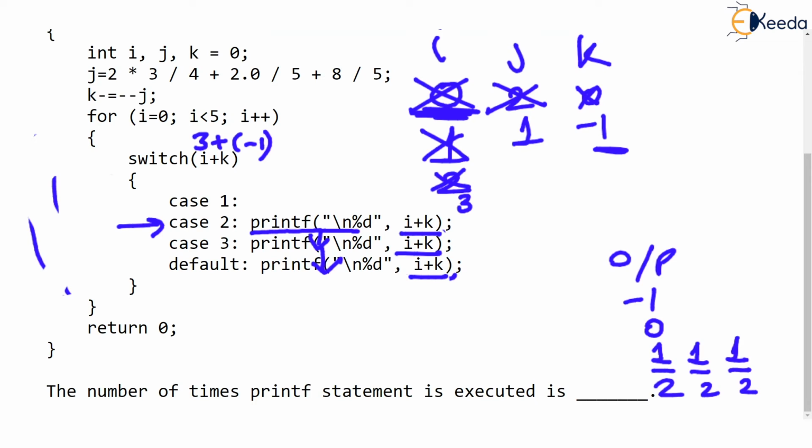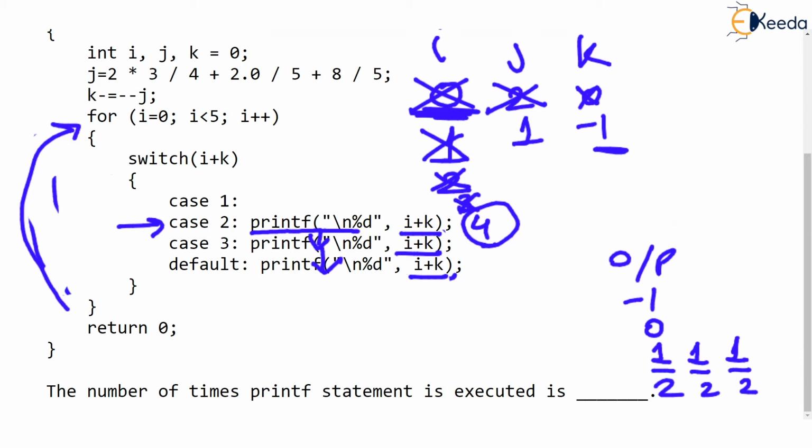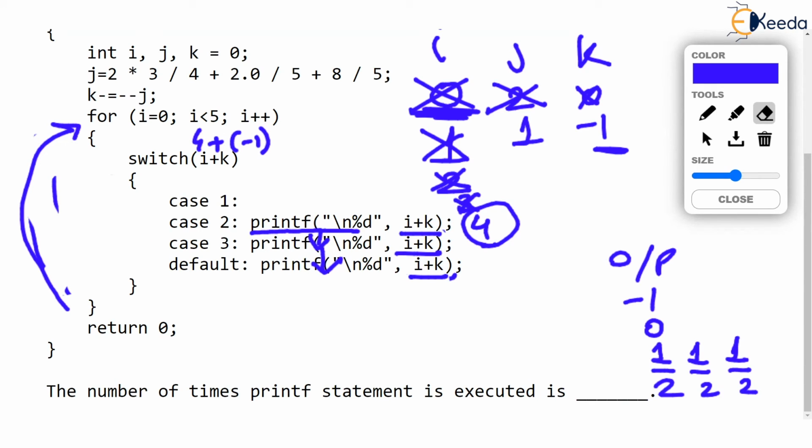And now the next repetition, you observe the next repetition is going to be for I equal to 4, isn't it? I is becoming 4, and that's the last repetition, because 4 less than 5 is the last time the condition is becoming true. Now the condition tested is in the switch. Remember, I is 4 now. So what is getting tested is 4 plus -1, which is 3. So as this value is 3, now case 3 is going to run. I hope you are understanding, which will print I plus k, which is 3.